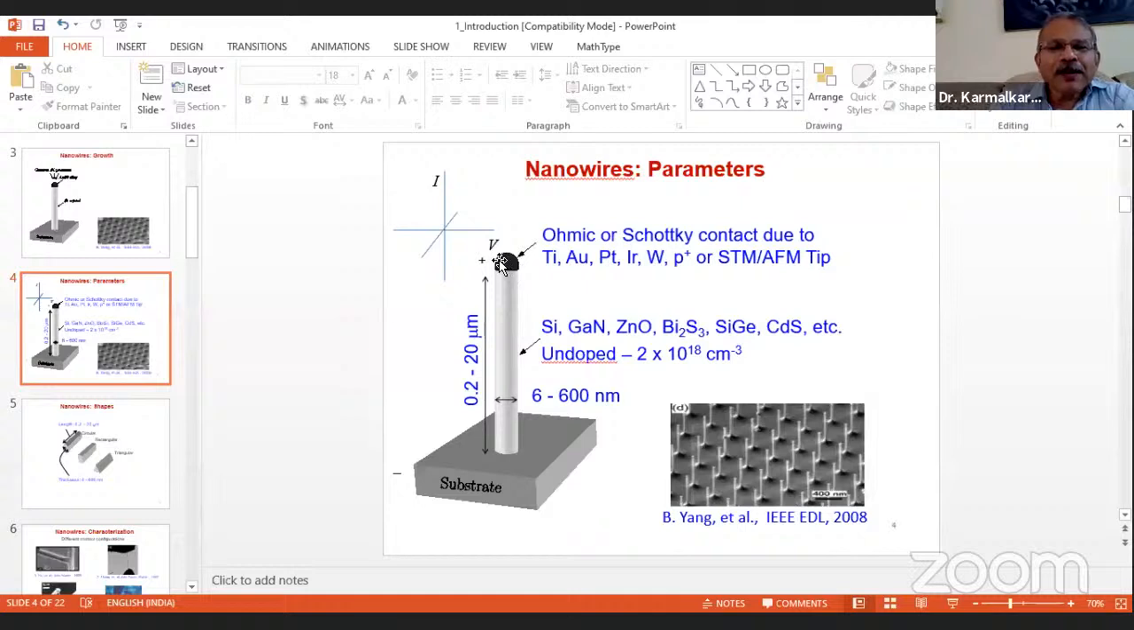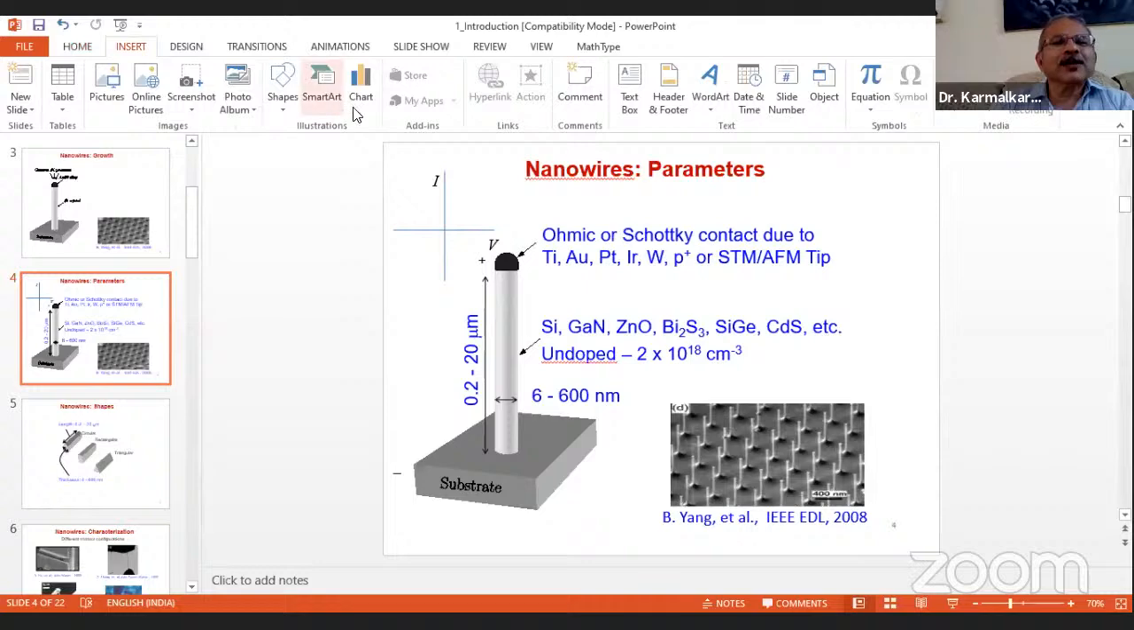Now, the current voltage curve, if it is linear like this, you can see that whether the voltage is positive or negative, for a given voltage, the magnitude of the current is the same. The current for positive voltage may be in one direction, and for negative voltage in the other direction, right? But the magnitude is the same. This is the meaning of an ohmic contact. As against this, suppose your current voltage curve turns out to be like